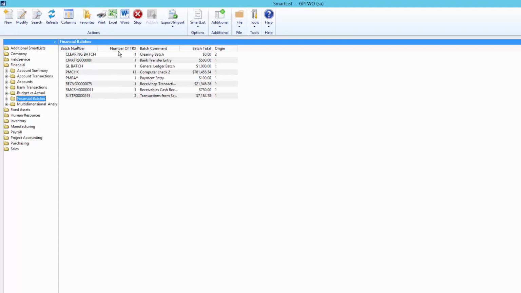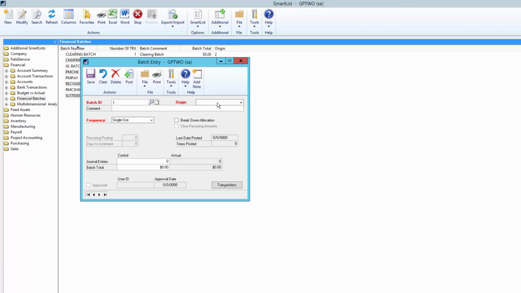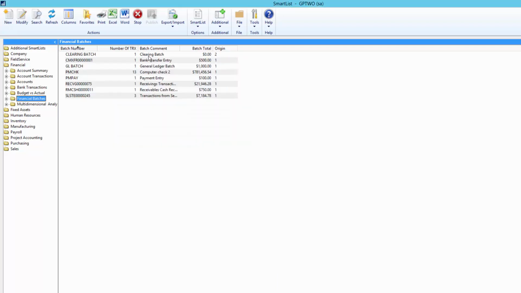The other things I can notice from this list is that I would like it called batch ID and maybe journal entries for these columns because that's what my window is calling it. And on the origin field, I don't know what an origin of 1 and 2 means. The window gives me general entry, clearing entry, and budget transaction. I'd like to have that as my origins. So we can do some of that in SmartList Builder.